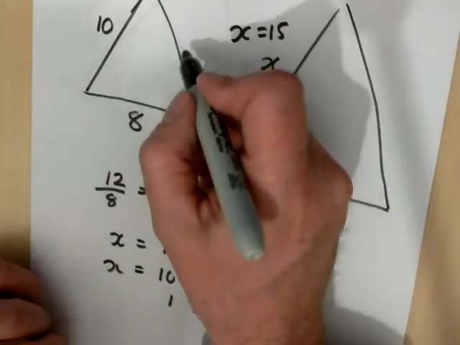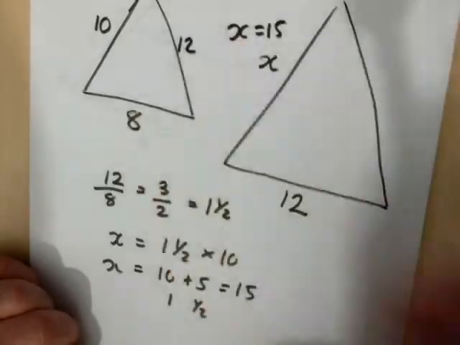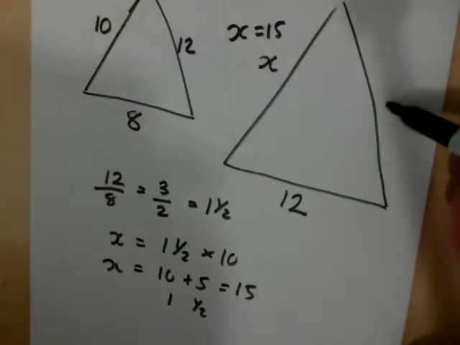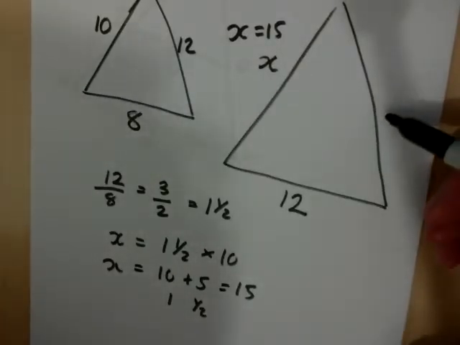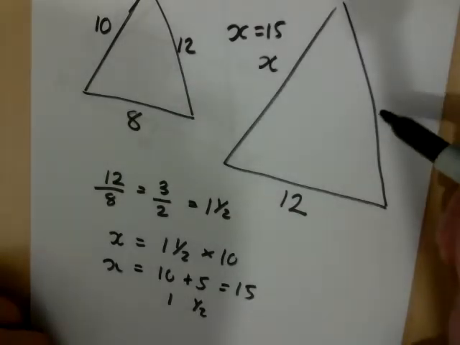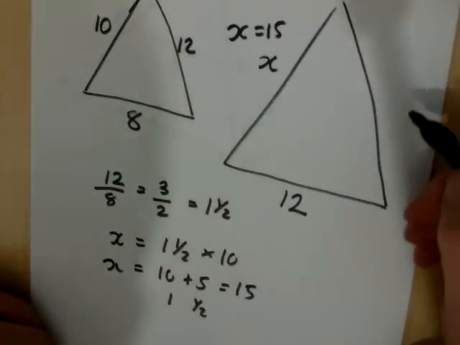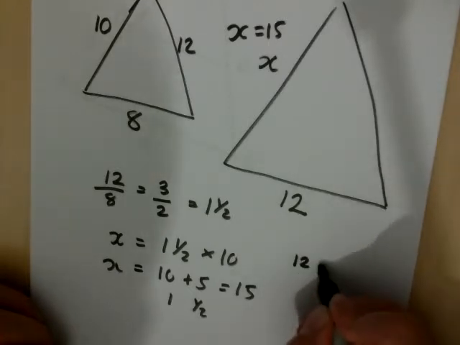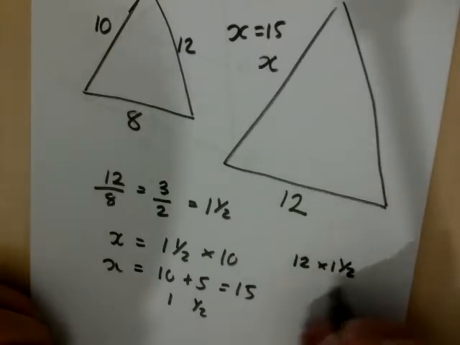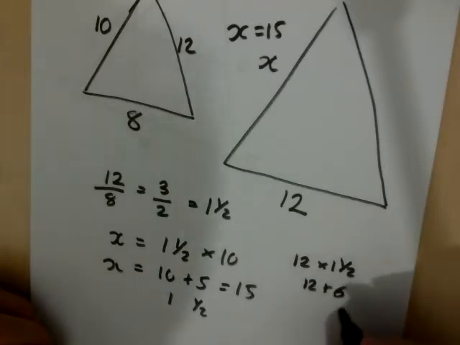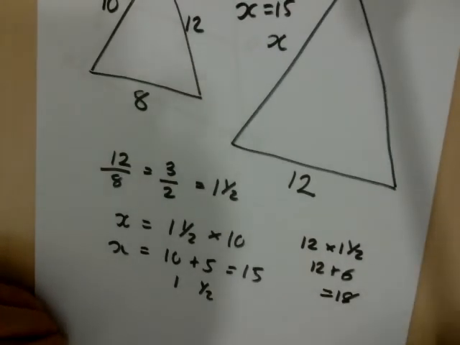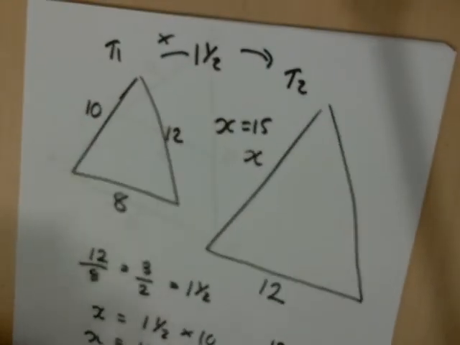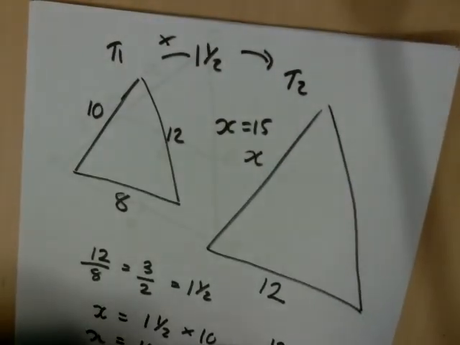And if we were given this side as 12, then see if you can work out what the side over here will be. And I suggest you just stop the video and see if you can get the answer without seeing what comes next. Okay, and if you did that correctly, the missing side would be 12 times 1.5, that would be 12 plus 6, and that would be 18. So another classic sort of exam style question